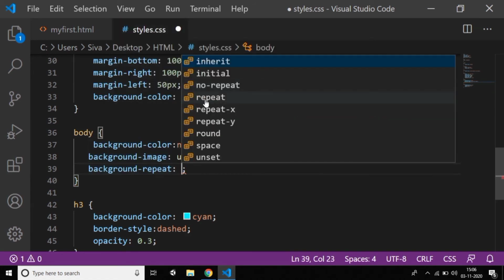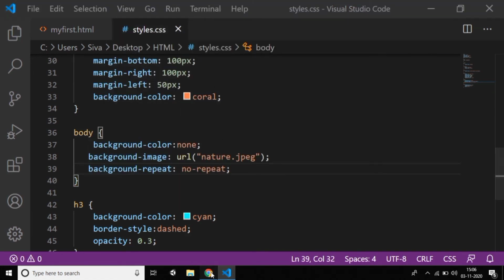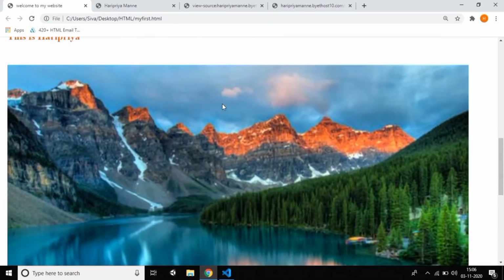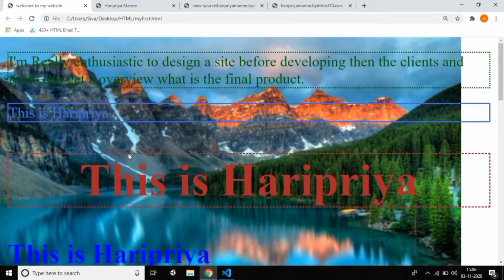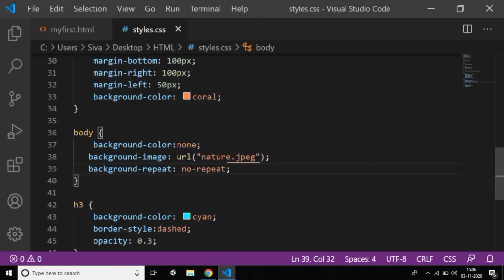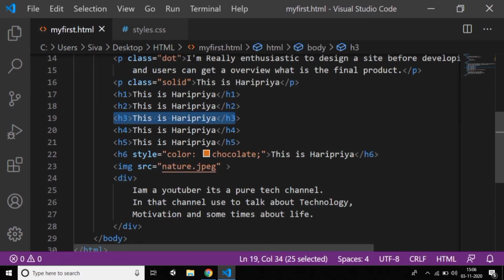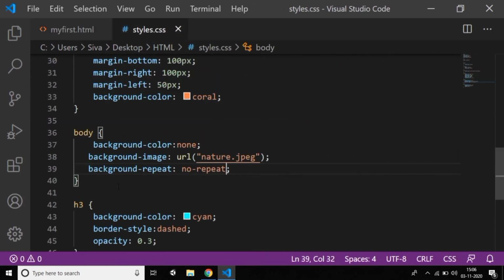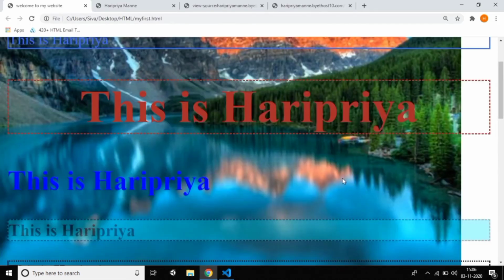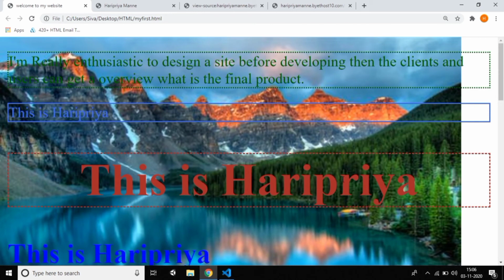Here you need to give the no-repeat value, then Ctrl S and reload, and you can see in the output the background image is not repeated, and appears only one time. The background image appears only one time inside the body. Before it was repeated. So that is the way to not repeat the background.